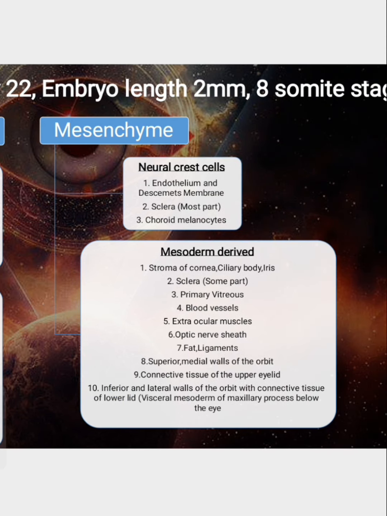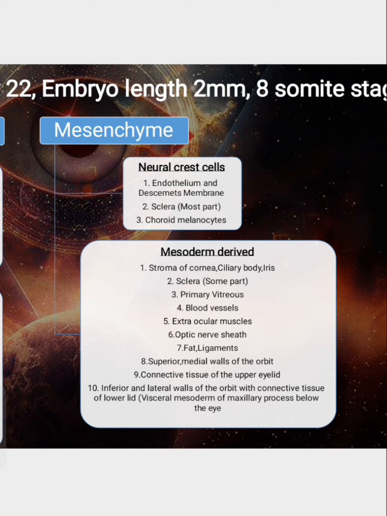The mesenchyme that is derived from neural crest cells gives rise to endothelium and Descemet's membrane, the most part of the sclera and choroidal melanocytes. The mesenchyme that is derived from mesoderm gives rise to stroma of the cornea, ciliary body and iris, some